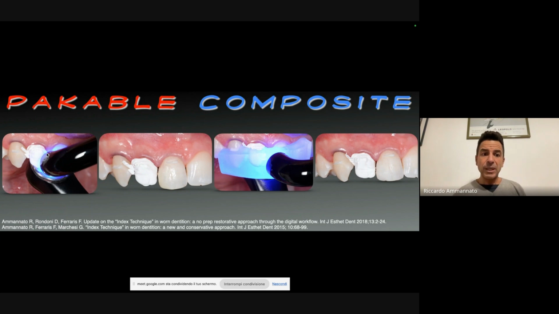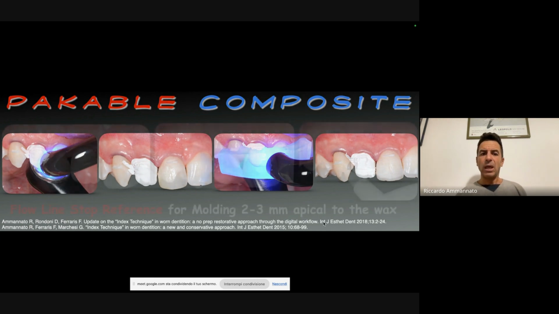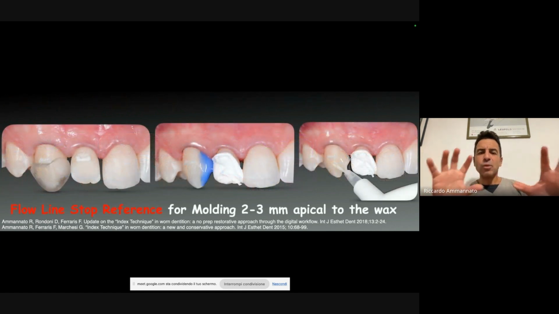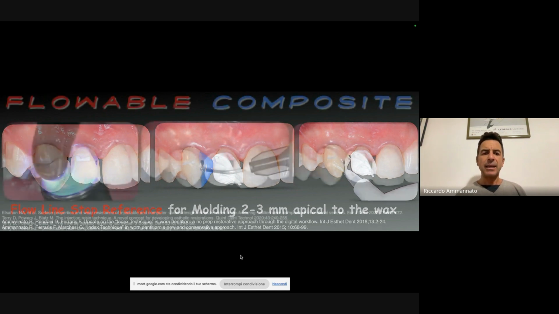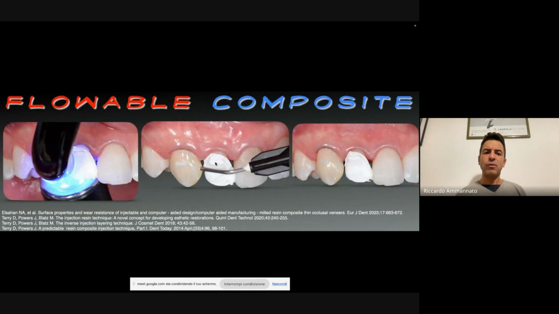However, so this is the curing of the bonding. This is where I'm placing the material, the heated up packable composite. I'm landing with the index, and then I'm going to cure with two curing lights, one from the buccal, one from the palatal, and then I'm going to do my finishing. Now I just want to compare with you guys and share this with you. I'm going to use now this kind of index, the 3D printed one, on the mesial side of the canine. Here I'm doing the adhesion, and then I'm protecting the other tooth with some Teflon.